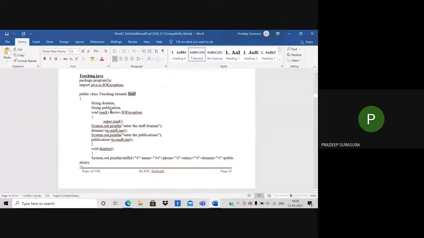If I try to create an object and work here, there are chances that I may not call in a specific way, or I may go with some anomalies. To avoid all that, I will go with super. Okay, don't worry about super now. I'll tell you more in detail about the super concept when I'm talking about inheritance and method overriding.